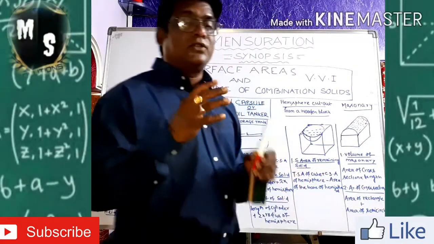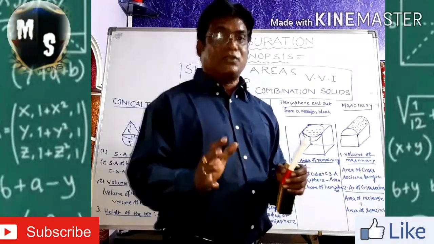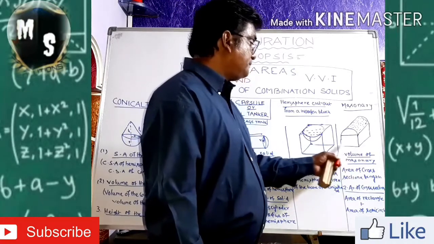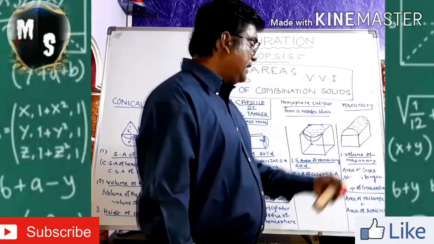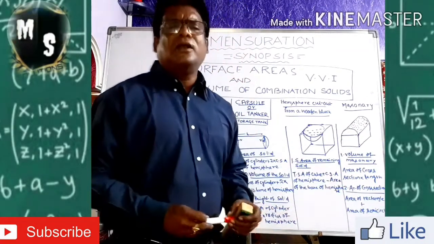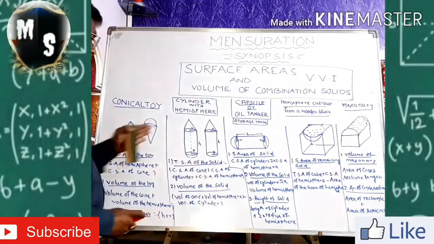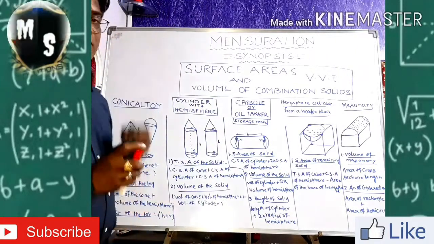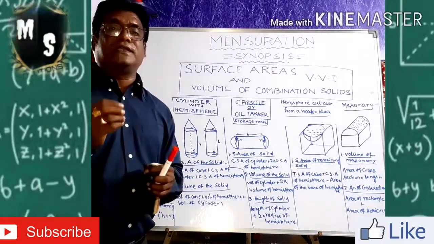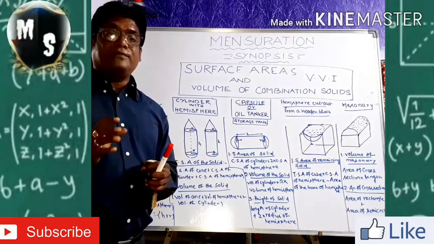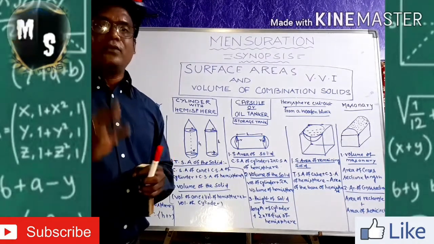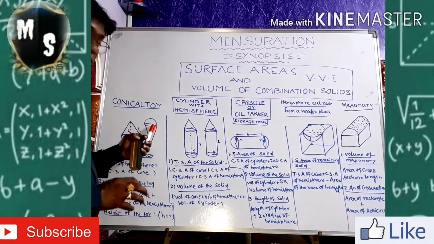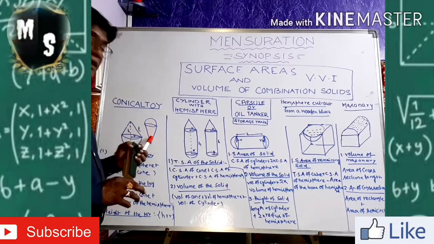The next one you see is called masonry. Masonry means after the depth what you are using. Look, it is a cuboid with a hemisphere. So these are the different types of solids in our daily life activities. But when I am saying a cone, you are suddenly saying, sir, a mehendi cone. When I am saying an ice cream, it is only a cone. But when I am saying the ice cream on the top, then look, it is a hemisphere with a cone.